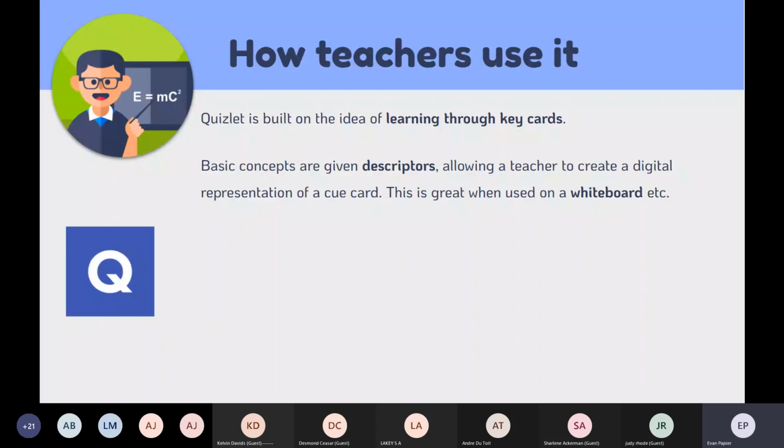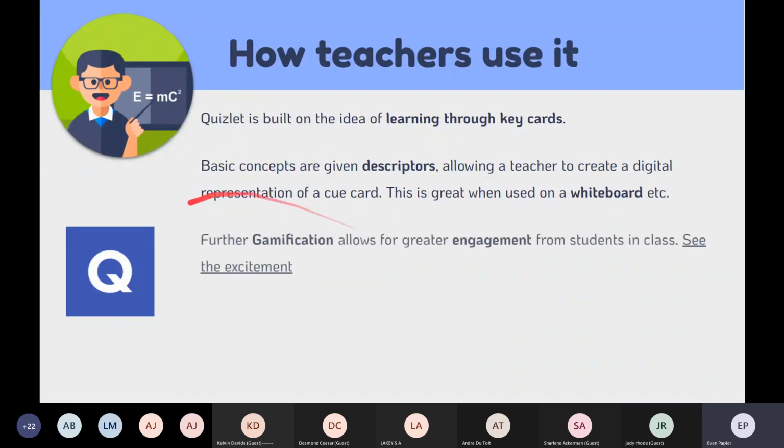It is built on that concept, but it is just made digital. It is very nice when you use this on a whiteboard, because then it becomes even more interactive with your learners. Further gamification allows for greater engagement from students in class, and colleagues,